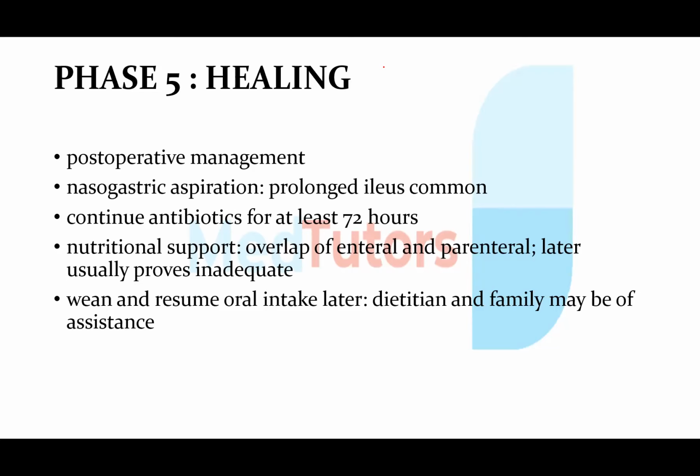If you don't have an NG tube in situ, they are going to be vomiting. And you don't want a post-operative patient to be vomiting. If they are vomiting, it worsens the fluid and electrolyte derangement in your post-operative patient. And if a patient has a distended segment of gut, if you don't pass an NG tube, they tend to lose